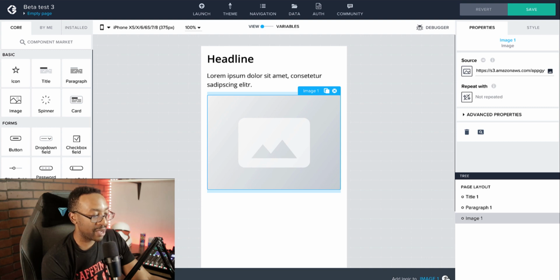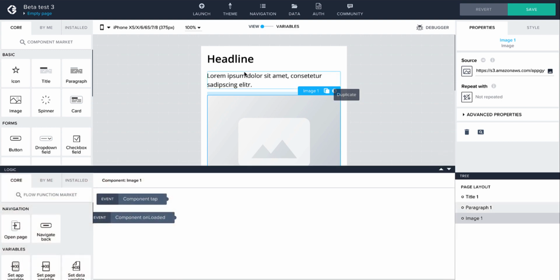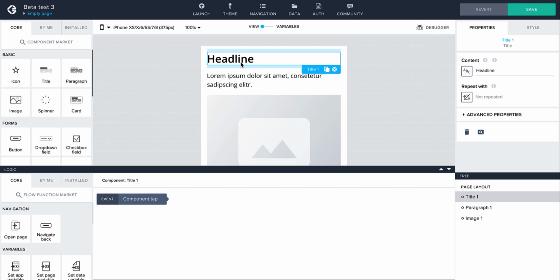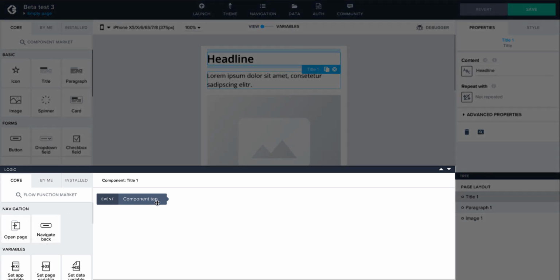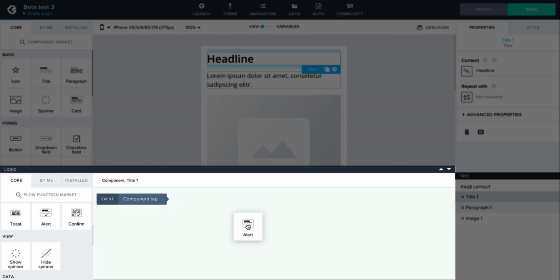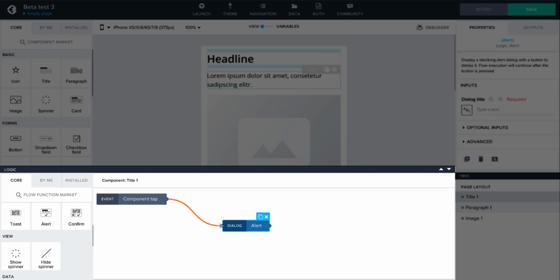When I want to have logic or action, I can just click the component that I'm looking for, and then here I can get a selection of different logic based on what's happening. For example, this is what happens when someone clicks this component. I can then build out what I want to happen just visually by adding a component, and then I can tie it together. And then when they're doing a certain action or when they're clicking this, now I can create logic of what's going to happen in the app.